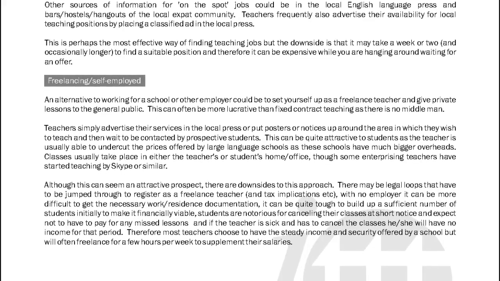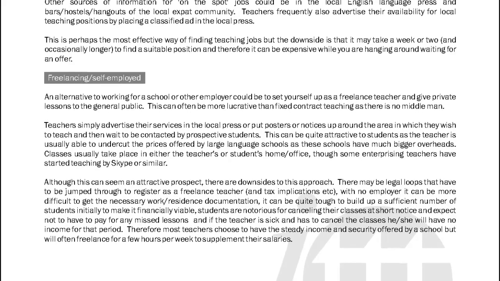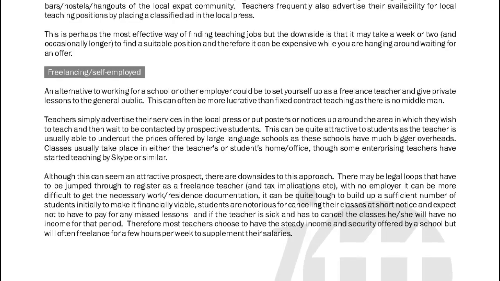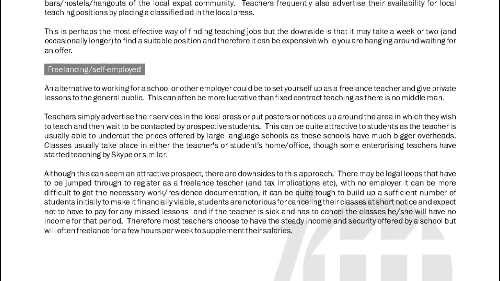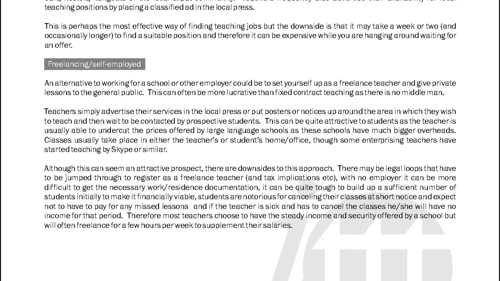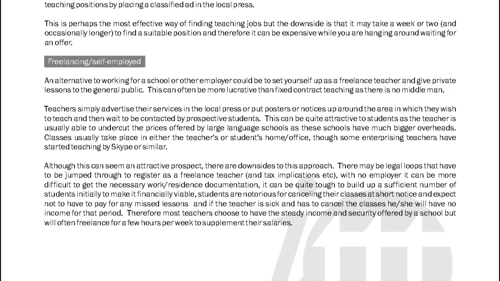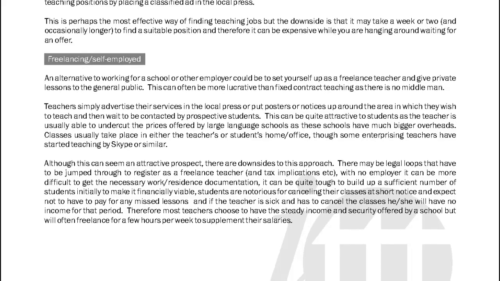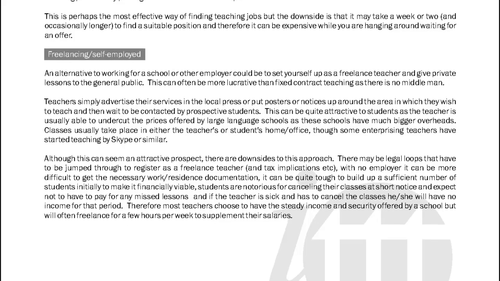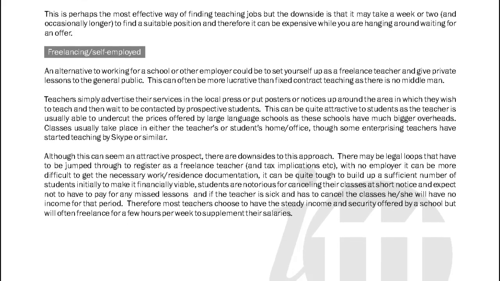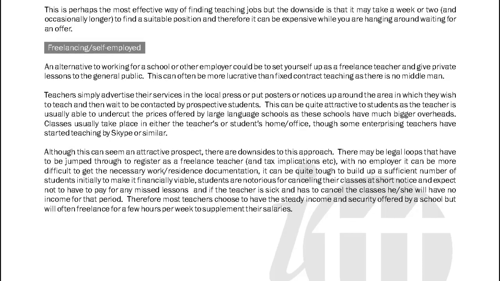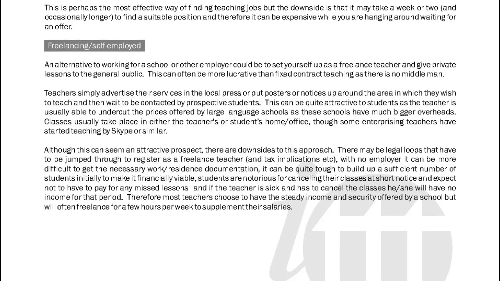There may be legal loops that have to be jumped through to register as a freelance teacher, and tax implications, etc. With no employer, it can be more difficult to get the necessary work residence documentation. It can be quite tough to build up a sufficient number of students initially to make it financially viable. Students are notorious for canceling their classes at short notice and expect not to have to pay for any missed lessons, and if the teacher is sick and has to cancel the classes, he or she will have no income